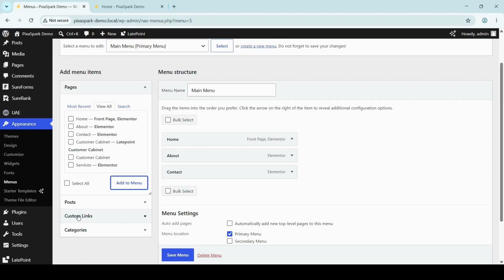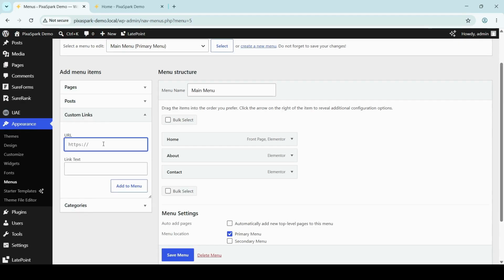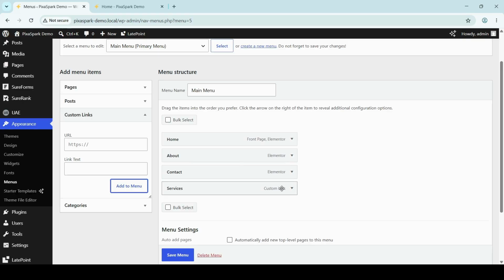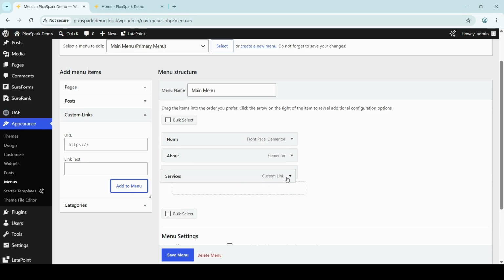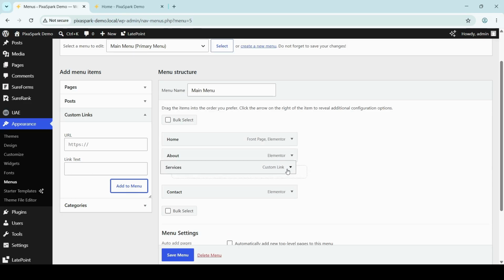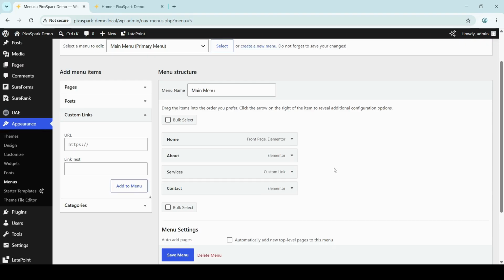Go ahead and click this option which says custom links. Here I'll input a custom URL which is called hashtag services, and I'll name this navigation label as services. Once I do that, I'll add it to the menu. As you can see here, it's a custom link. I can go ahead and put this on top of contact. Once I go ahead and save this menu,